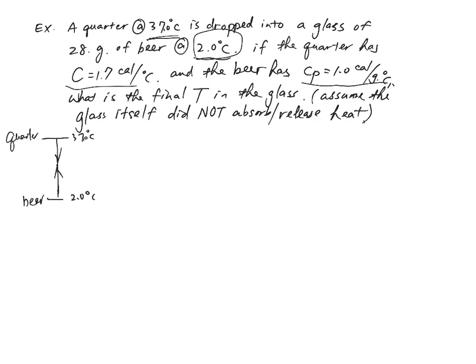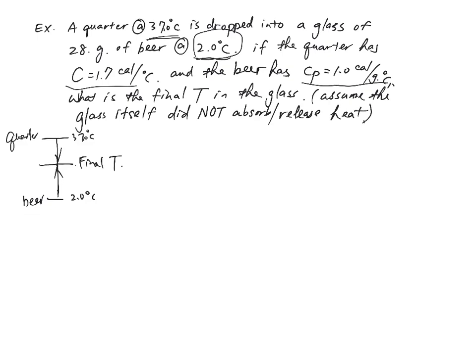Now, eventually they're going to meet somewhere. They can't go up or down forever. They're going to meet somewhere in the middle. And the moment these two temperatures meet each other, which means they have the same value, then